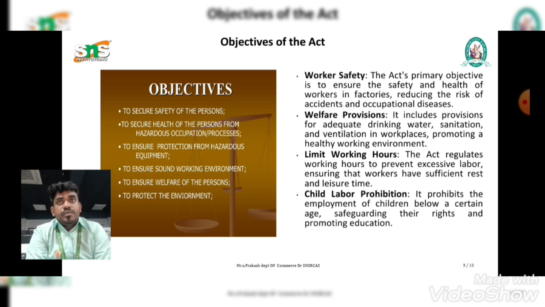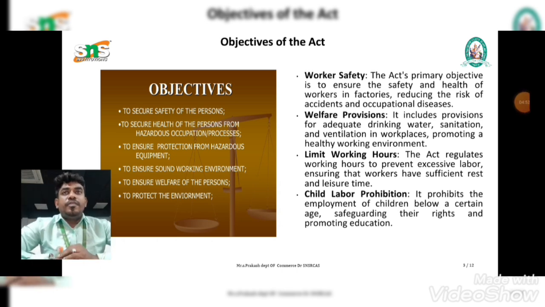The first one, health. According to the Act, all factories must be kept clean and all essential safeguards must be taken to safeguard the health of workers. The factory must have clean water supplies, and separate restrooms and urinals must be built in convenient locations for males and females. Safety: the Act requires that machines be properly fenced, that no young adults work on any dangerous machines,